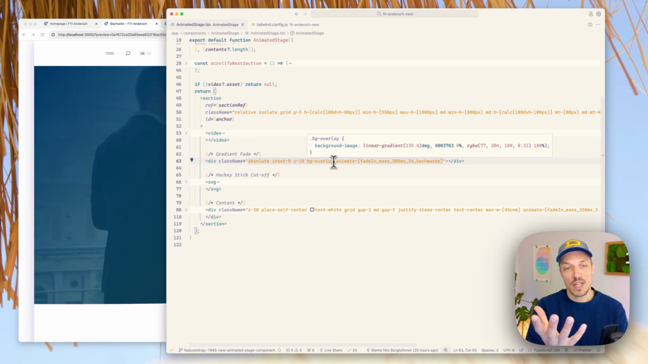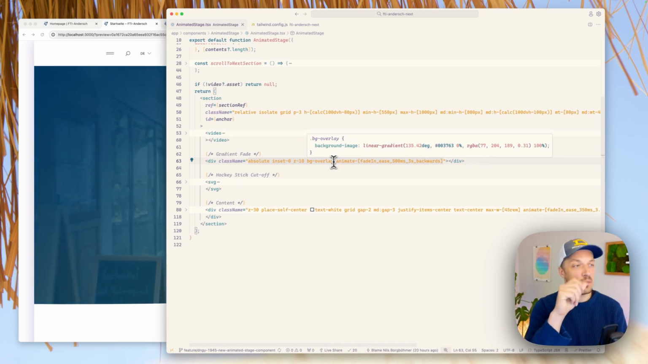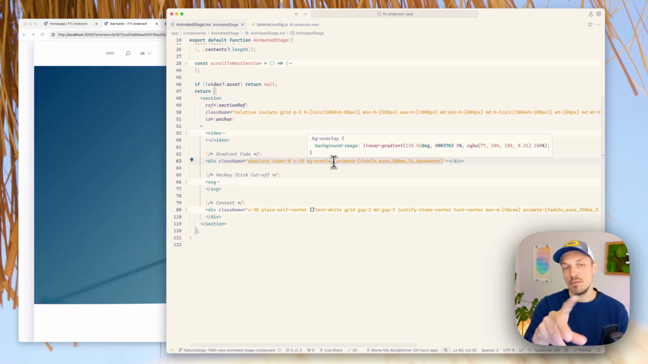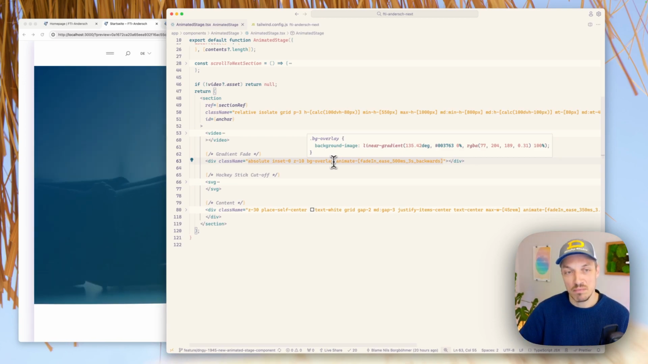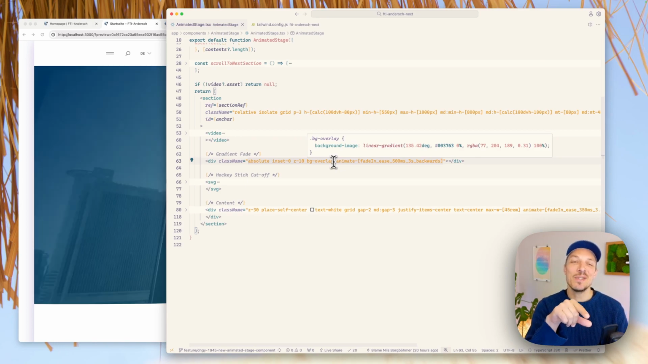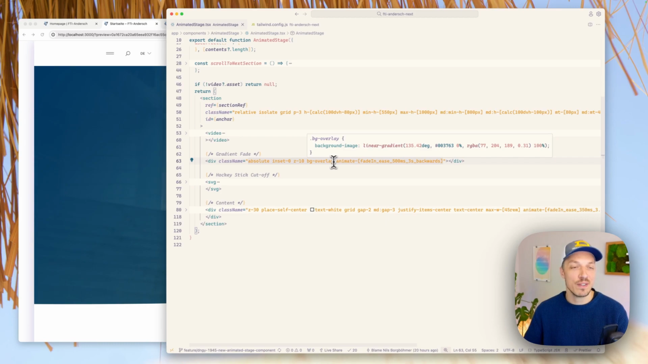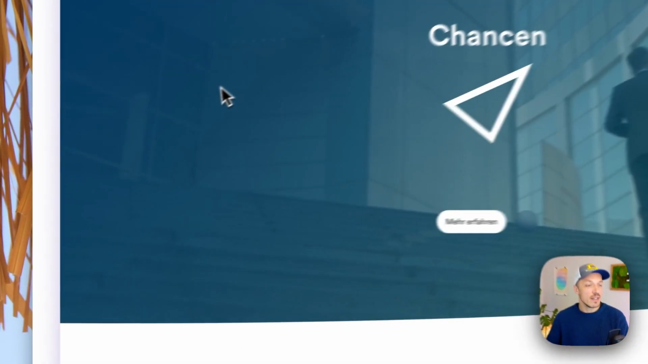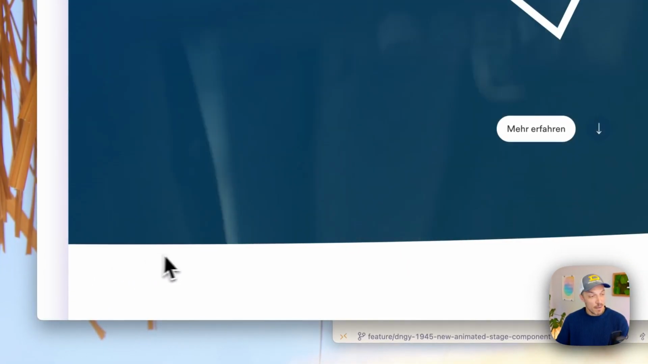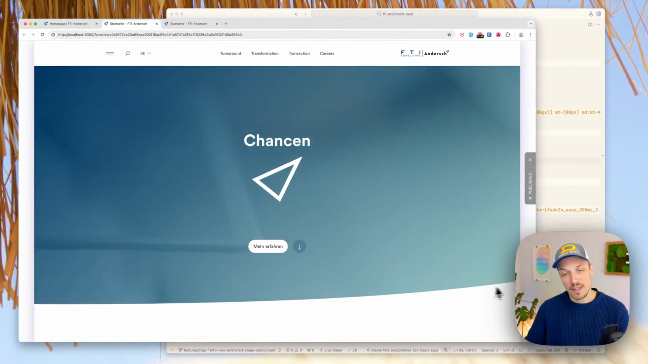So it's a simple gradient from the top left corner at a relatively specific degree to a color also with transparency in it. All right, and then we have this element, I called it hockey stick cutoff, like this thing down here,